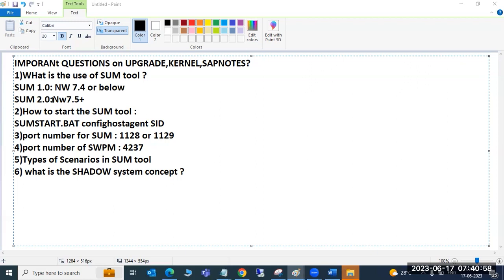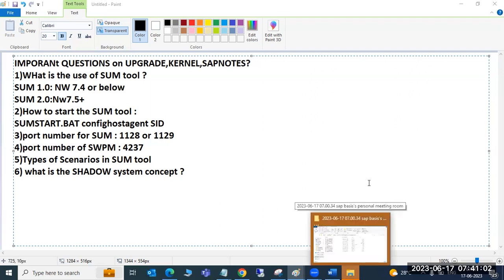So you have to tell either 2 or 3 sentences. Don't give one word answers like that. You have to express more on the topic. The shadow system concept was introduced by SAP. Suppose you perform the main upgrade everything on the main system, that will impact the users. We have the longer downtime. If something goes wrong with the patches, we are not sure how the system behaves, right?